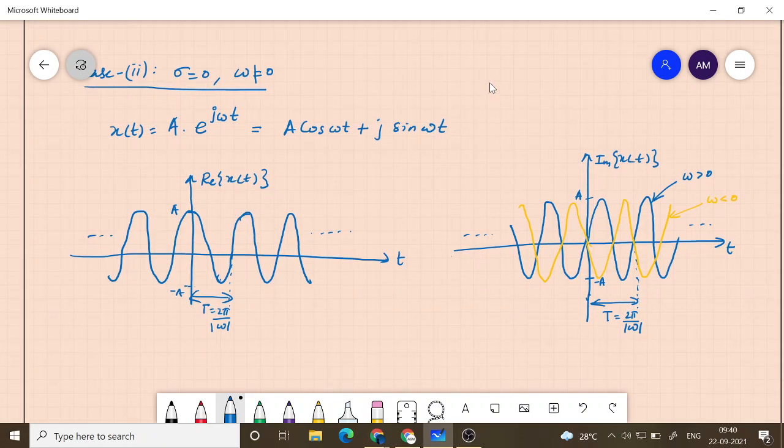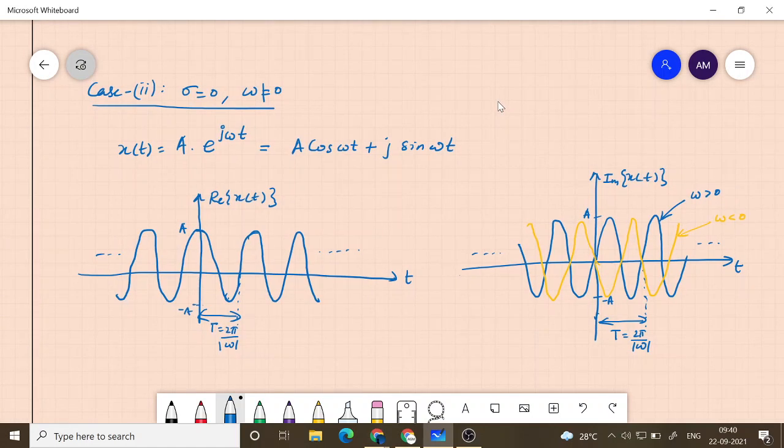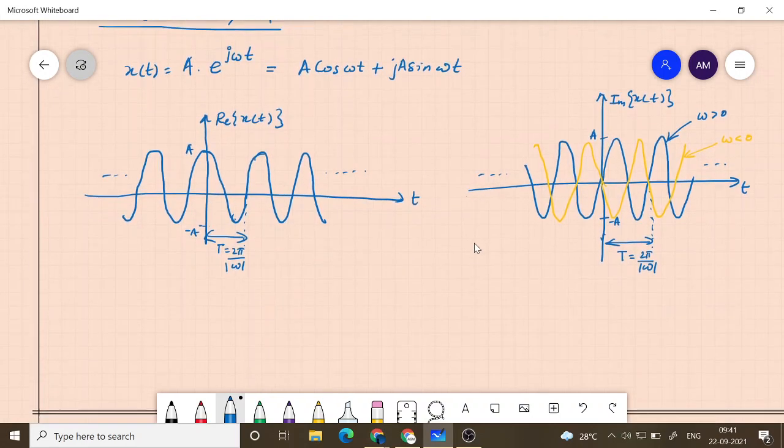Okay, so now let's go to our second case, sigma 0, omega e. Sir, shouldn't that A also be with sine omega t? So in the algebraic manipulation, cos omega t plus j sine omega t, that A is, yes, you mean here, right? Yes, sir, correct. Then only you will get amplitude as A. That's right. Okay. Any other observation, comments? Okay, so this is fine.